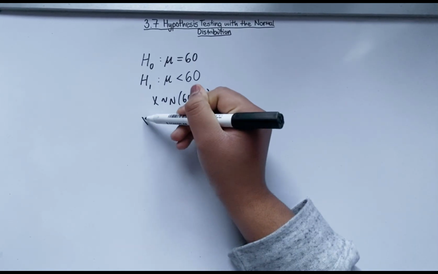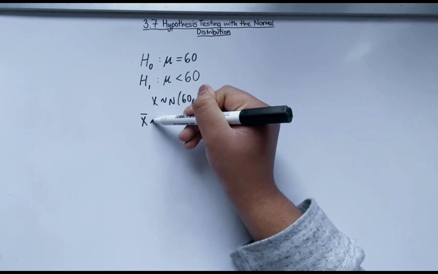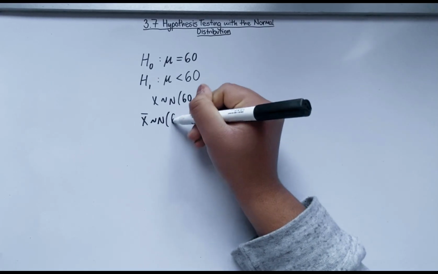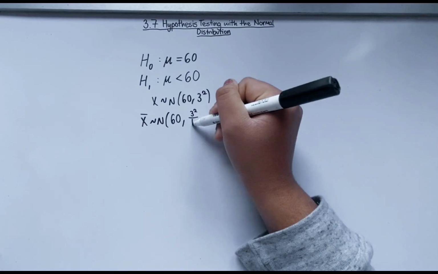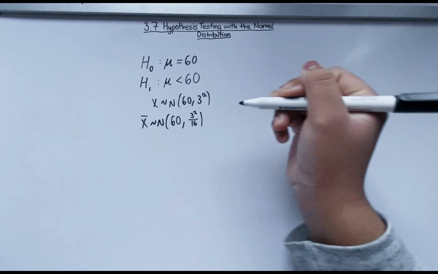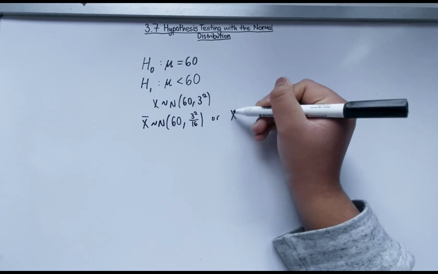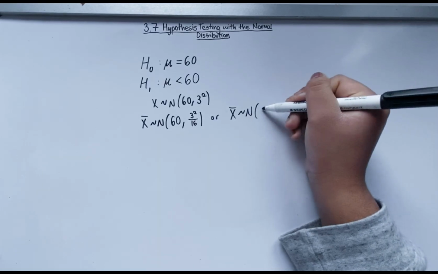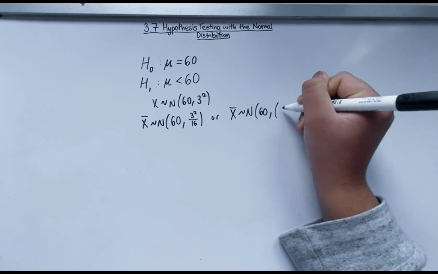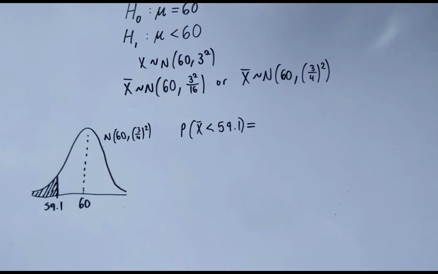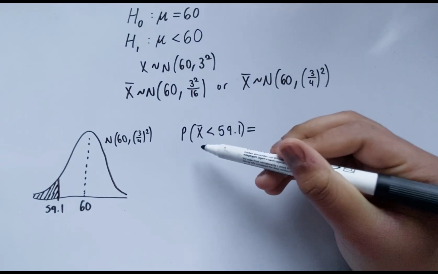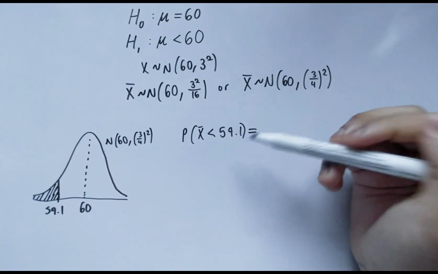This means that the sample mean, x bar, will be normally distributed with a mean of 60, but this time a variance of 3 squared over 16, which was the sample size. Or, in other words, x bar follows the normal distribution with a mean 60, but a standard deviation of 3/4. We want to find the probability that x bar is less than 59.1, which gives us